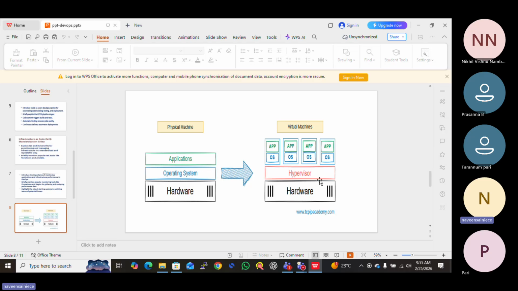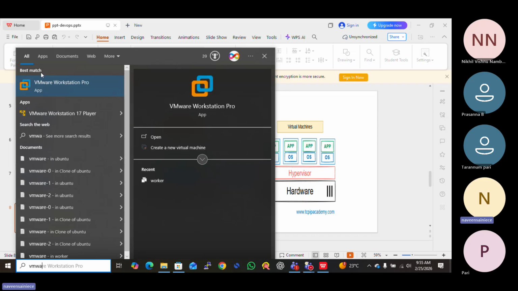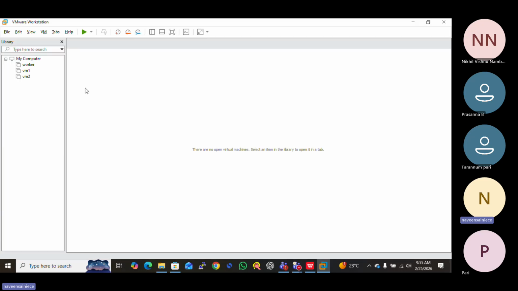That's why we are installing virtualization. Like that, VMware Workstation Pro. After installation you can create a virtual machine.